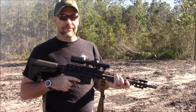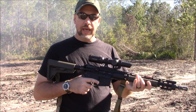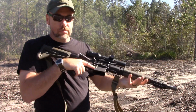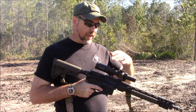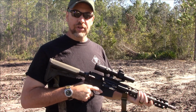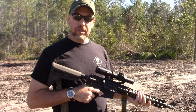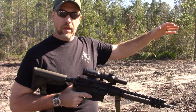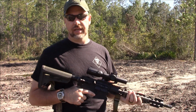Okay, it's definitely different. So on the scope, this gives me a 1X optic that I can run on 1X just like a red dot. Gives me a really good full-size reticle. But then if I need to, I can crank it up to 8 and get better visual ID on a target, a little bit better shot placement. It's not intended to let you try to shoot the gun further. It just lets me shoot it more accurately within the given engagement ranges that I'd want to be using this for,